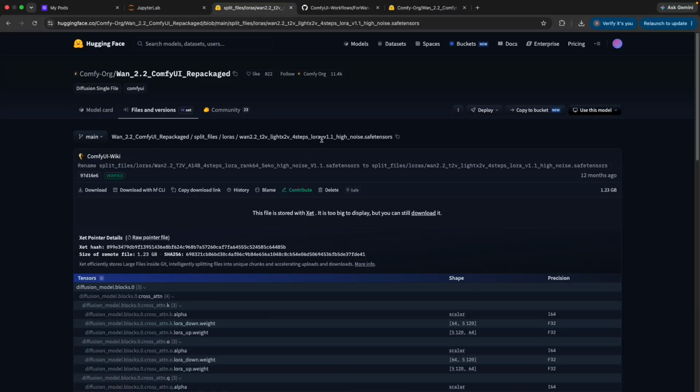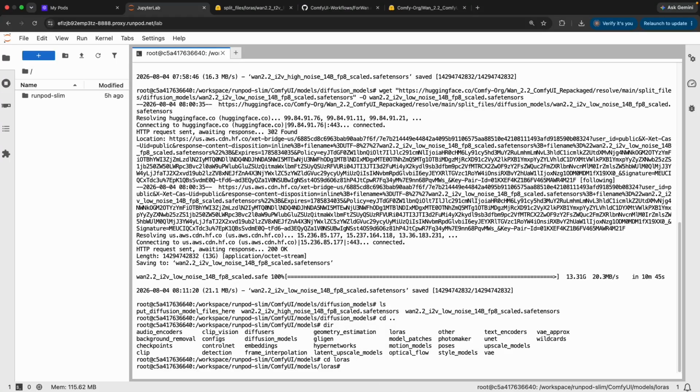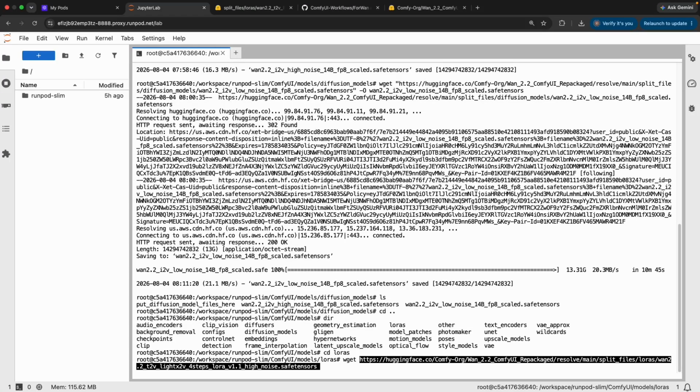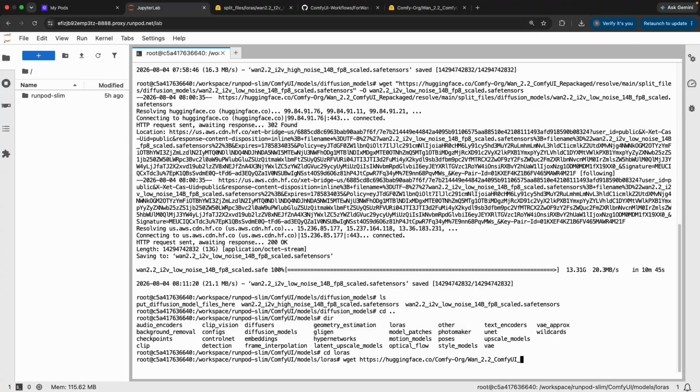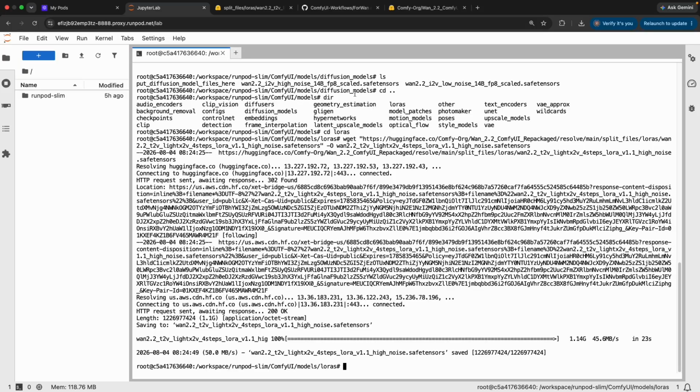So we'll start with high noise once again, copy download link, back to Jupyter Labs, wget, and we're going to repeat the same process. So I will do both of these LoRAs really fast because it's pretty much going to be exactly what we did before, and then I will show you guys where we put the VAE and text encoder, and we'll be ready to do the other video. Make sure again that you remember quotation marks. I keep forgetting it because I am talking as I am writing these commands. Now we grab the low noise LoRA,